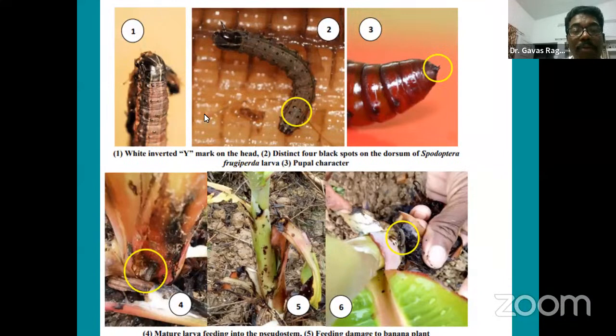See, if you come across this caterpillar, how to identify it? Please see, there is an inverted Y mark on the head capsule, an inverted Y mark. Then on the anal segment, you will find four diagonally placed squares. At the ends of the four squares, you will find spots on the dorsal part of the abdomen. In addition to that, if you see the